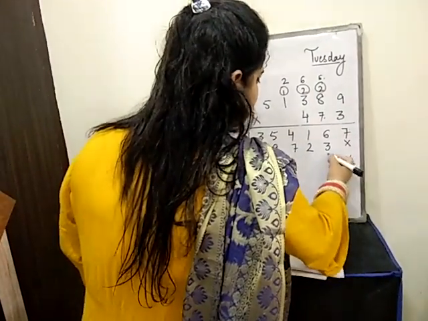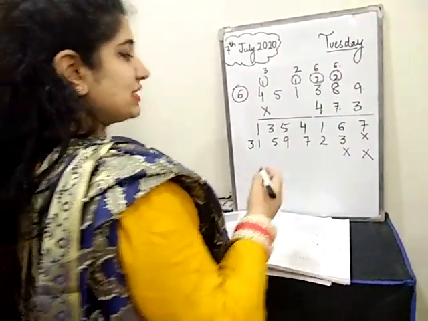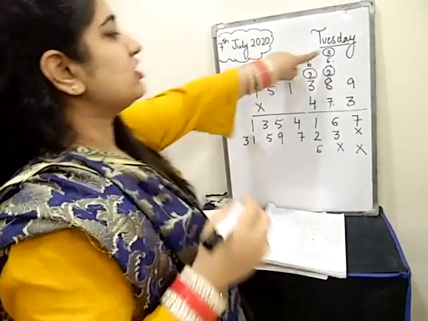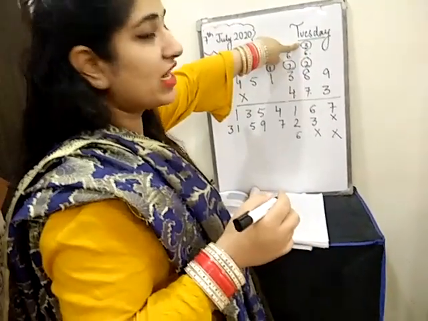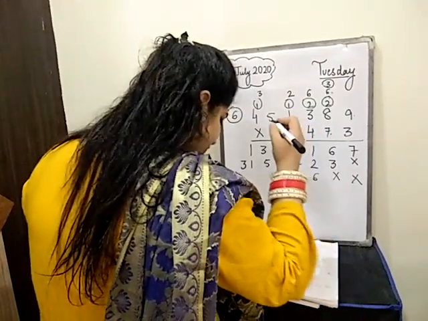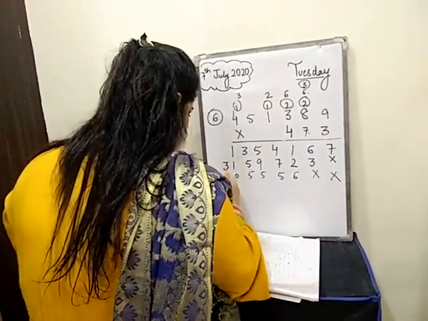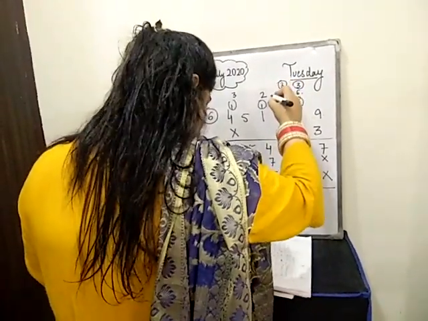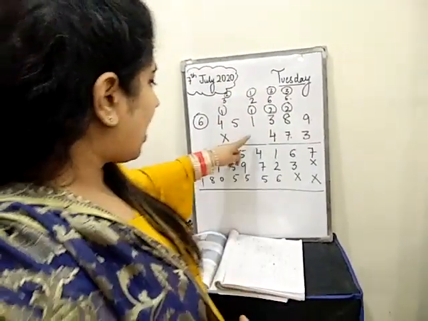Now you will put cross, again cross. Now you will multiply 4 with 9. It will be 36. So 6 carry 3. Now put a circle. Now this means this is the carry of third number. This is first number. This is carry of second number. This is carry of third number. In the same way, you will multiply 5, 5, 0, 8, 1. And carry also you can write 3, 1, 2. Okay. Now add all these.